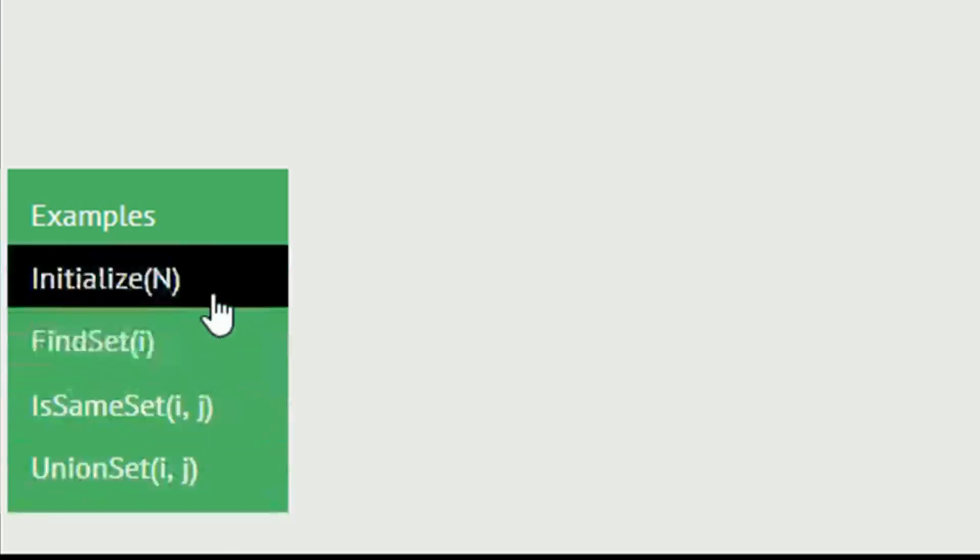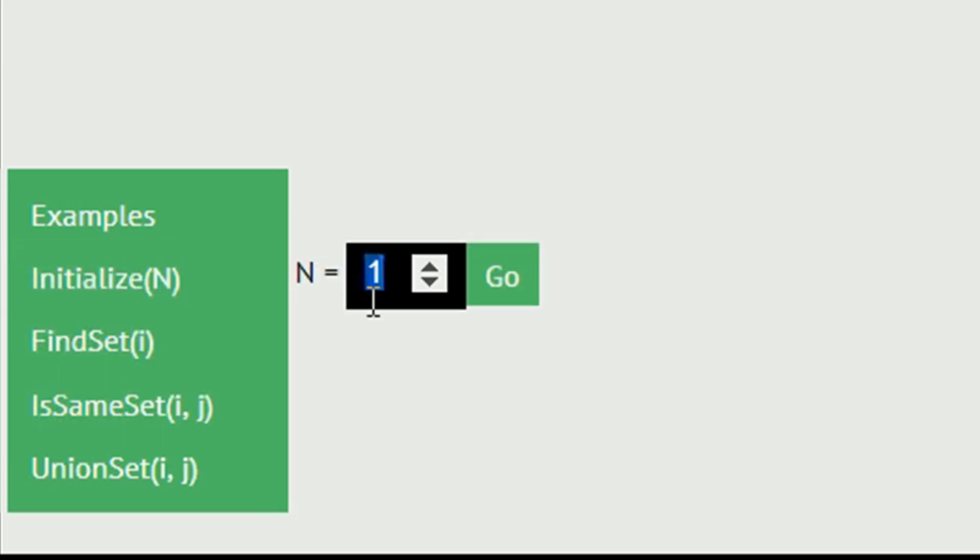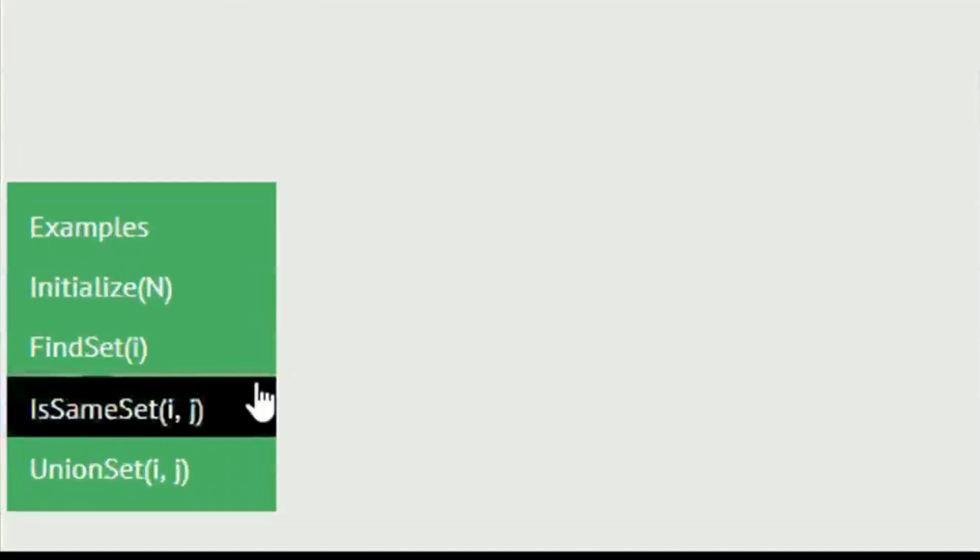So let's first initialize some disjoint sets, and I can say here let's initialize 7 elements. I am initializing 7 elements. So as you can see here, I have 0 to 6 elements. These are sets, and these sets contain only one element, right? So now